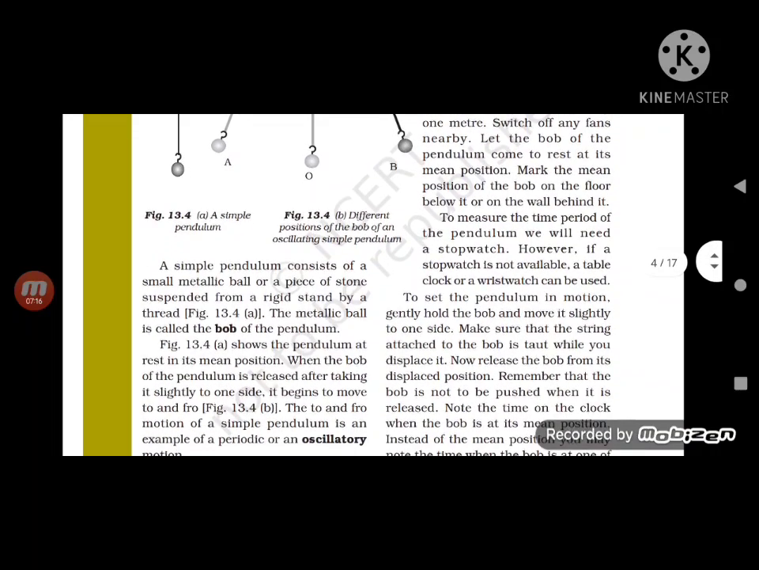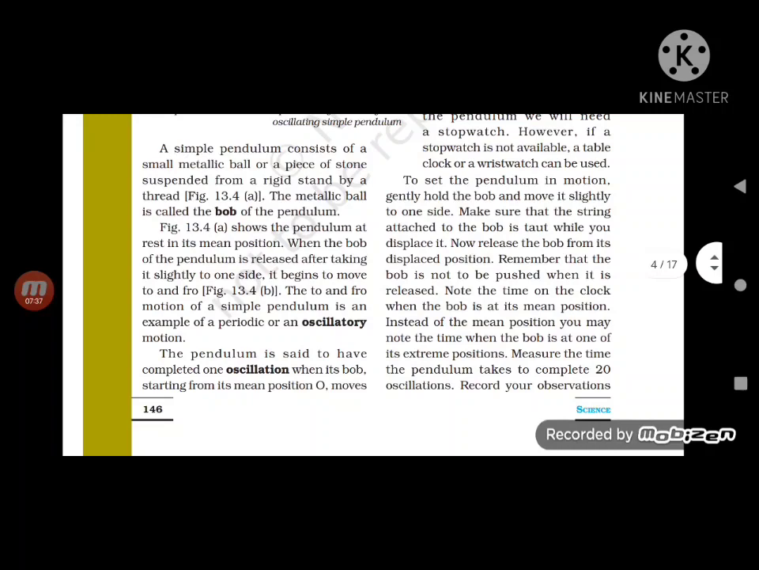ये मार्क करने के बाद आपको क्या करना है, to measure the time period of the pendulum we will need a stop watch. अभी टाइम पीरियड हमें उसका मेज़र करना है, तो आप उसको रेस्ट पोजीशन में से मूवमेंट दोगे तो वो फिर से रेस्ट पोजीशन में आने के लिए उसको कितना टाइम लगता है वो हमें स्टॉप वॉच में, नहीं तो हमारे रिस्ट वॉच में हम मेज़र कर सकते हैं।